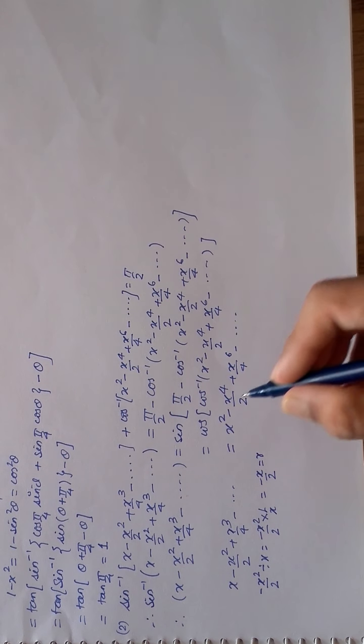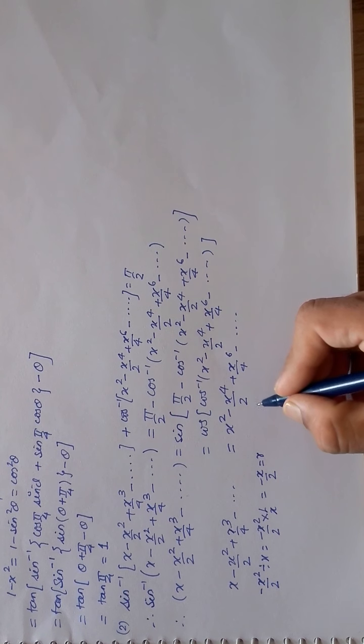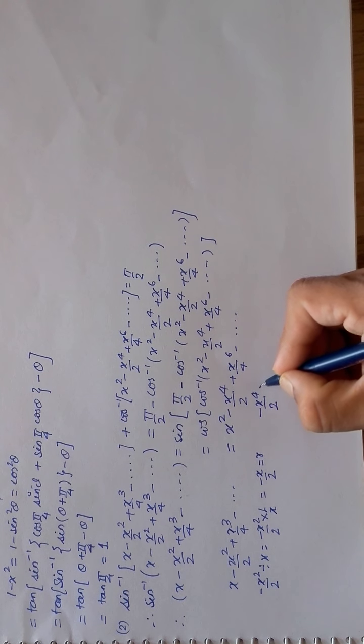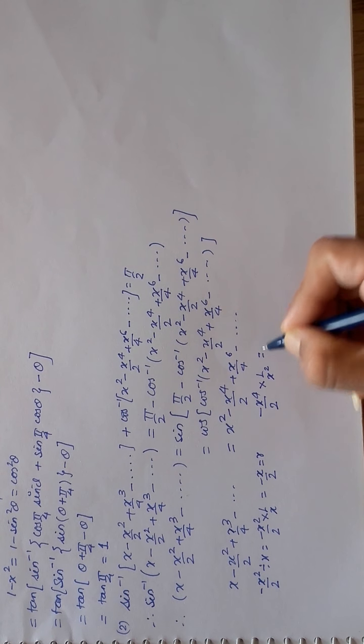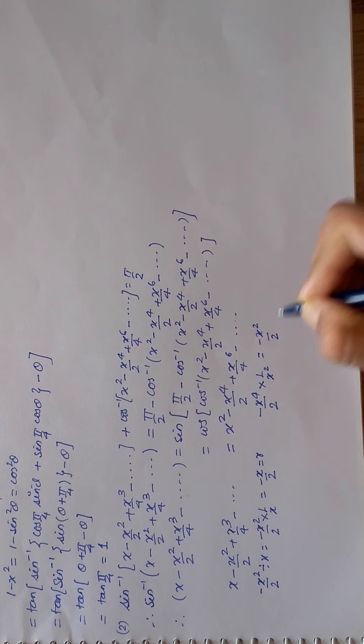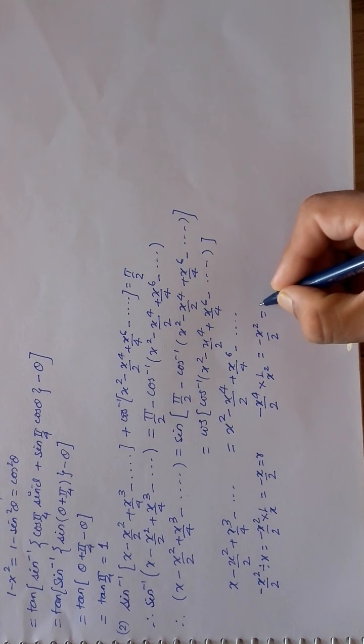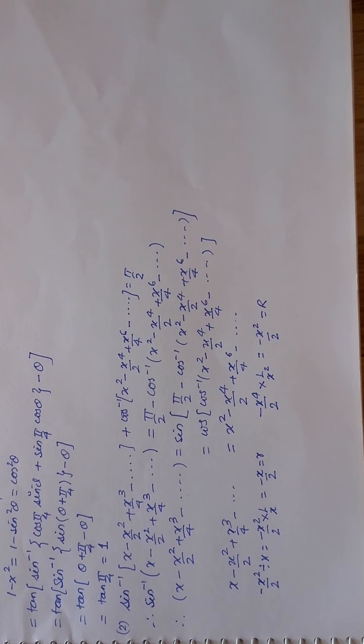Now here also, if I see any term divided by the previous term, that is into 1 by x square, it is minus x square by 2. Now if I multiply this to the next term, minus and minus becomes plus, x square into x raised to 4 is x raised to 6, and 2 into 2 is 4. So I get the next term. So this is your common ratio for the second one. Agreed? So here this goes on continuously, even this goes on continuously,